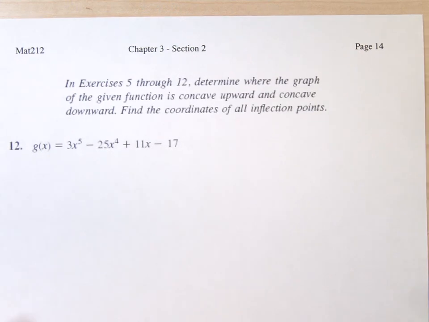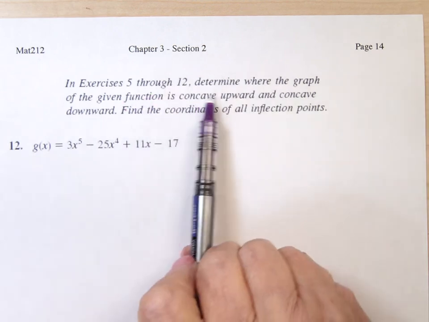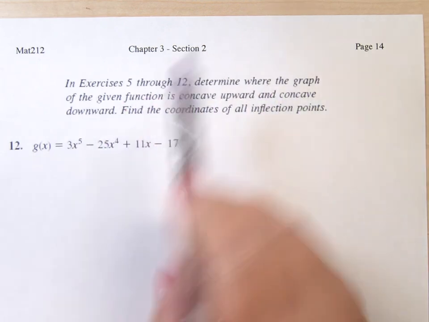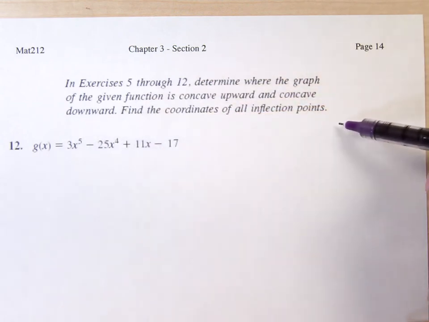You need to read the problem carefully. Some of these problems are not designed to deal with f prime. If you try to find f prime, you'll probably be hanging from the ceiling. And it just says where the graph of the function is concave up, concave down, and the coordinates of all inflection